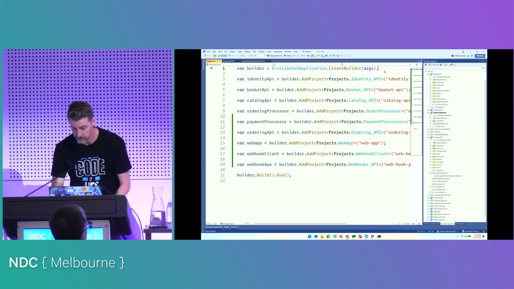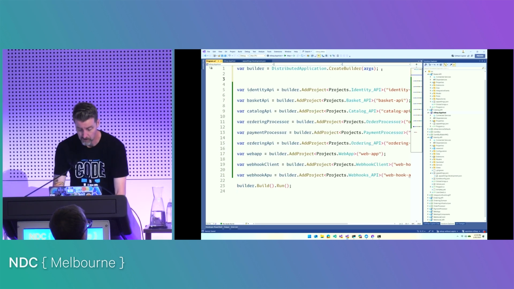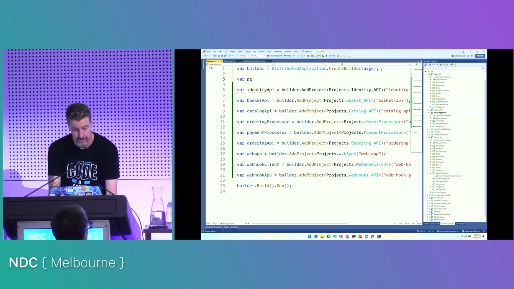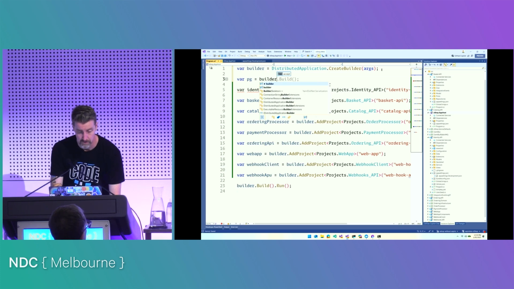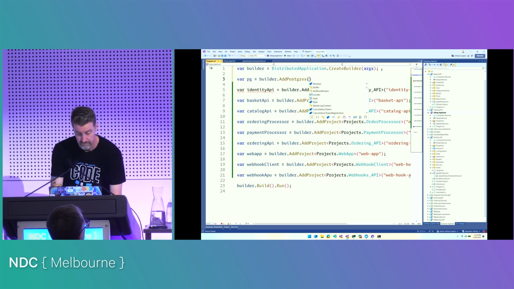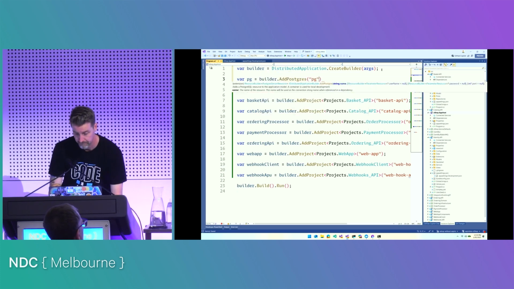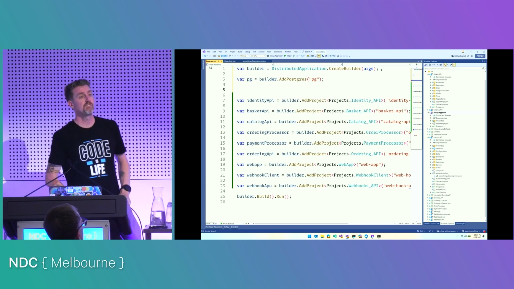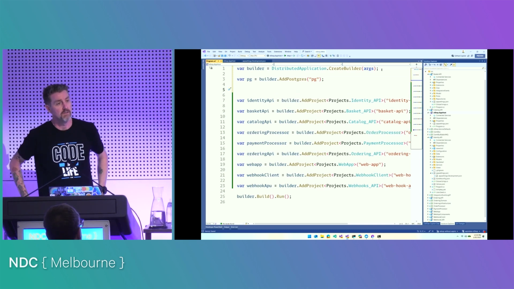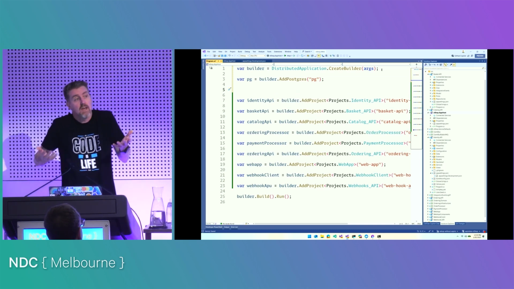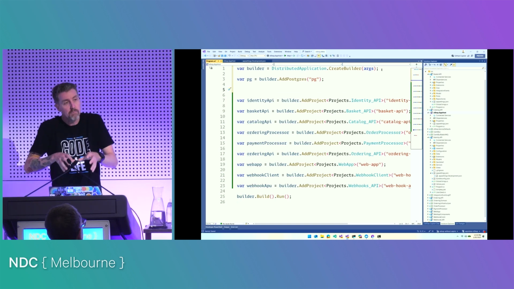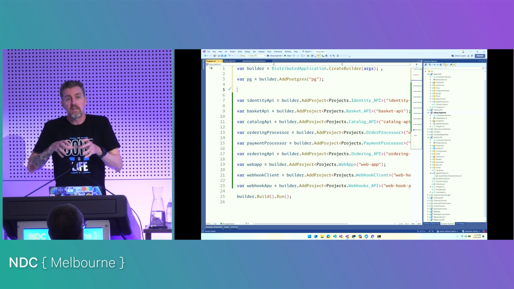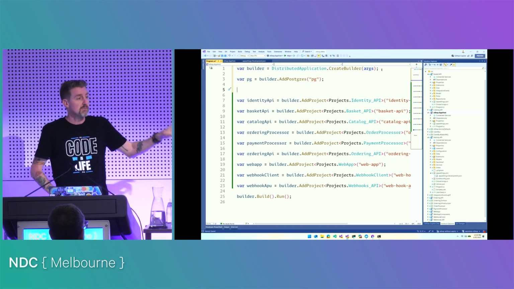And what that means is that inside of my app host builder, let's just save and make sure all NuGet packages have been restored. We'll go var pg for Postgres, and we go builder.AddPostgres. We'll call that pg. There we go. I've just installed a Postgres server in one line of code. And that means I'm also installing the Postgres server that is going to be the same version on everyone's machine,